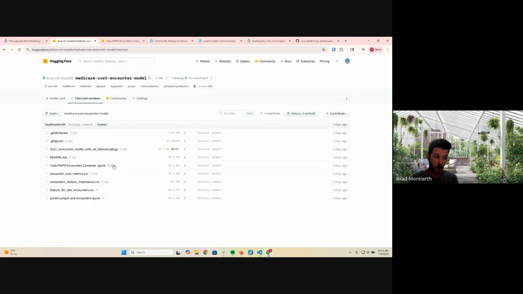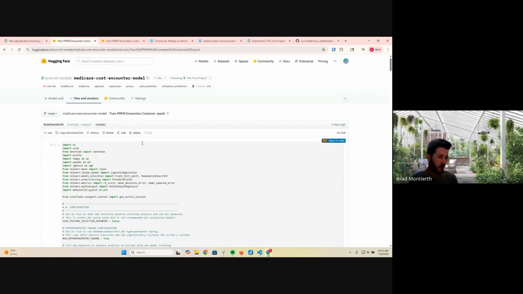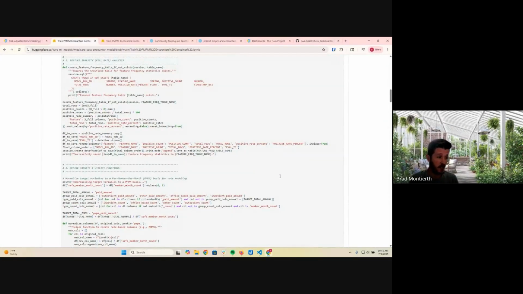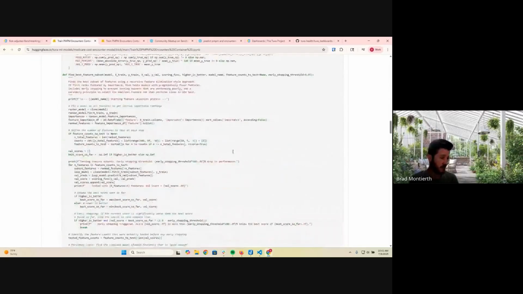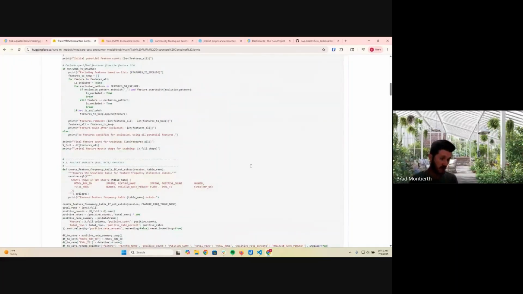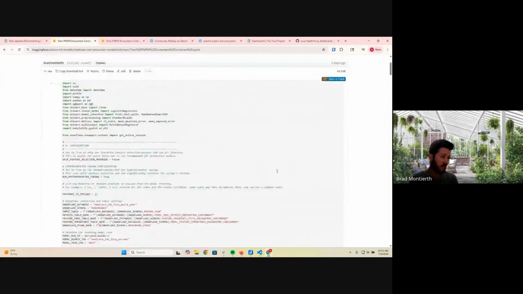In addition, we're also open sourcing the actual code that was used to train the models themselves. So for all the in-depth, in-the-weeds questions, if you're curious what decisions were made, how we did feature selection, what kind of hyperparameter tuning we did, or if you want to tweak it and you happen to have the LDS data set and want to train the models yourself, or do it differently, this code will give you everything you need to get started.